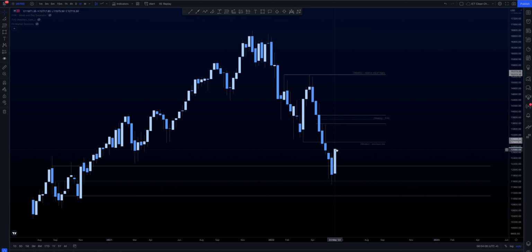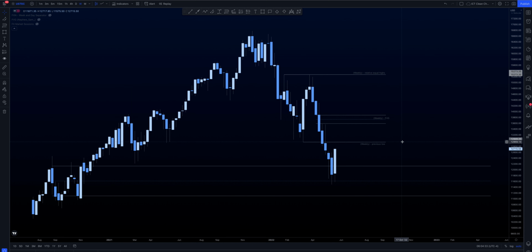So ICT power of 3 concept on the weekly time frame. So from here, maybe a little bit of a gap in, a bit of a sell-off, maybe run some short side liquidity, pair up some smart money buy orders with that, and then we'll be coming up. So on the Nasdaq, the first objective is going to be around,